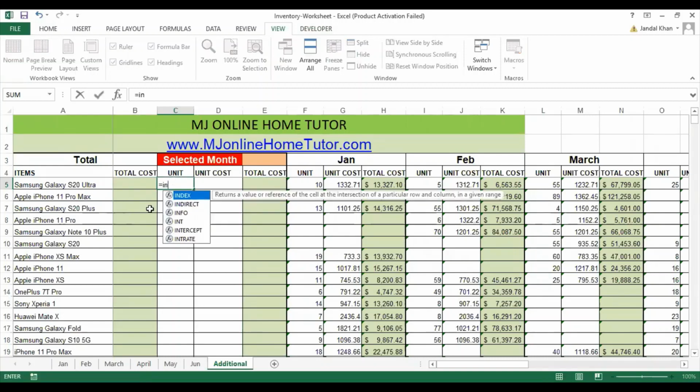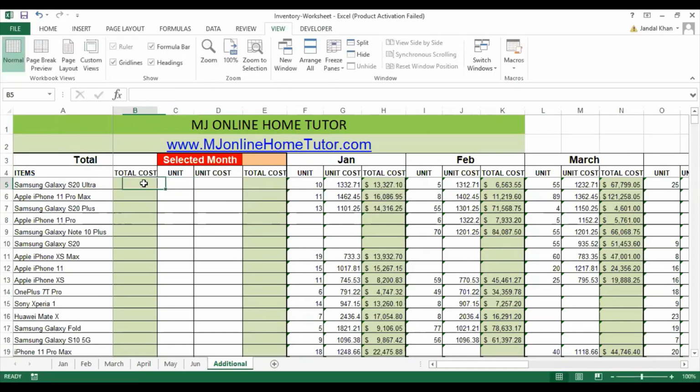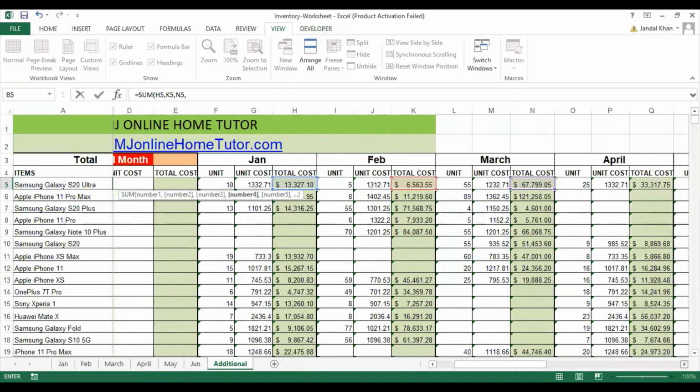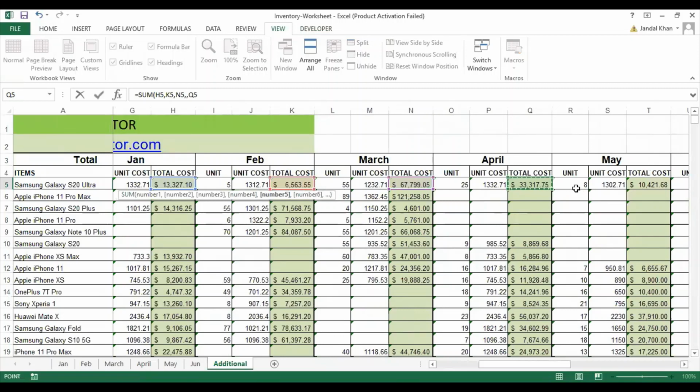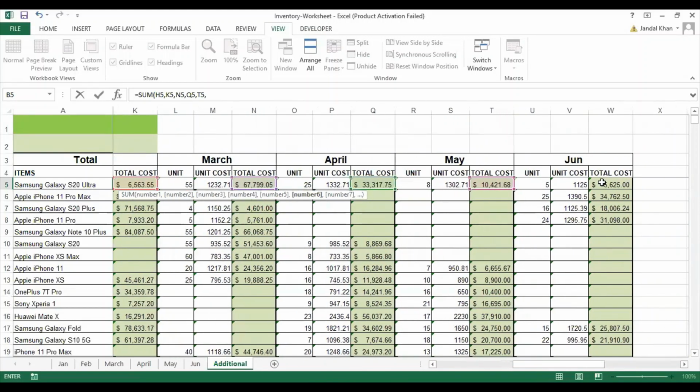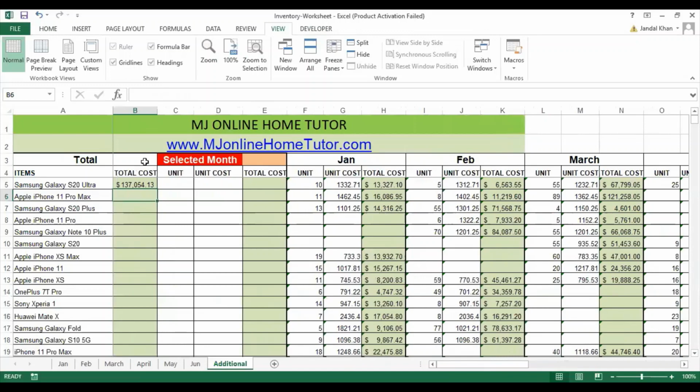Now this is a very important thing, the change variable method. Here we apply the INDIRECT formula. The INDIRECT formula changes the text and considers that text as a formula reference. So I will show, before that I have to calculate the total cost for each month, to get the total cost of 6 months. So just sum up all the total costs to get the total cost of 6 months. So it's done. We just need to copy paste top to bottom.